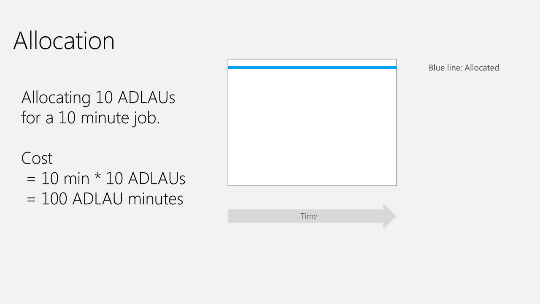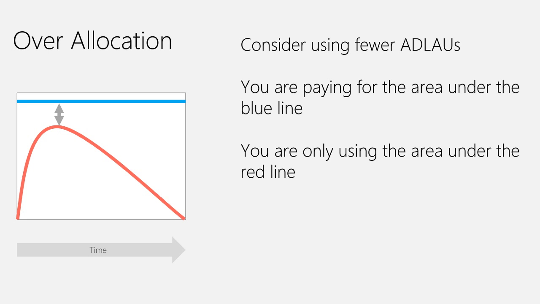I'm going to skip this. The blue line is what is allocated, and the red line is how much you utilized. There is a gap here, which means there's a wastage of compute that you have supplied. So always make sure that the red line hits the blue line for 100% utilization of the VMs that you supplied for the query execution.